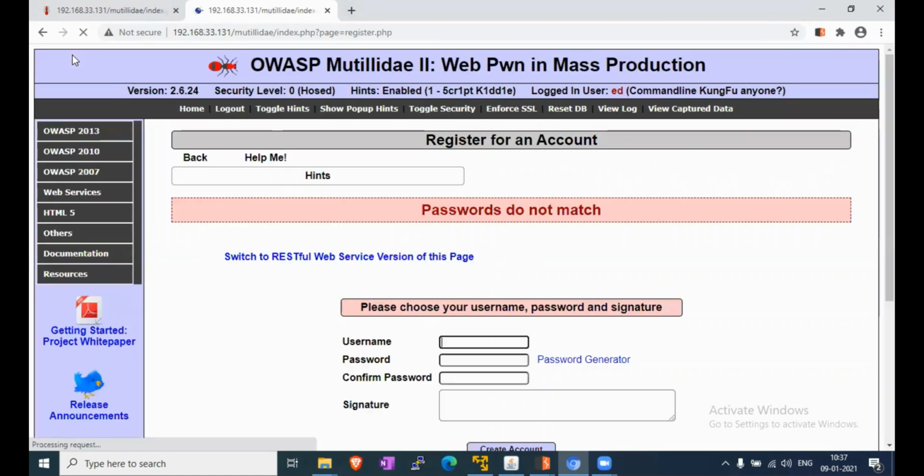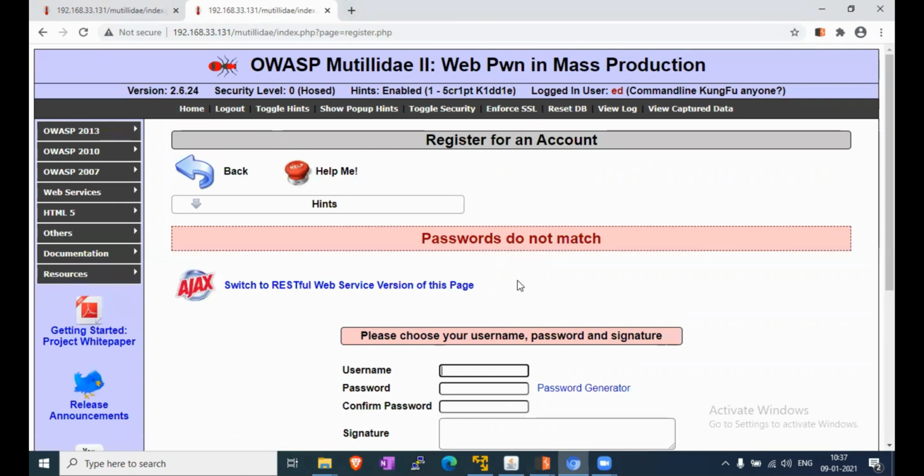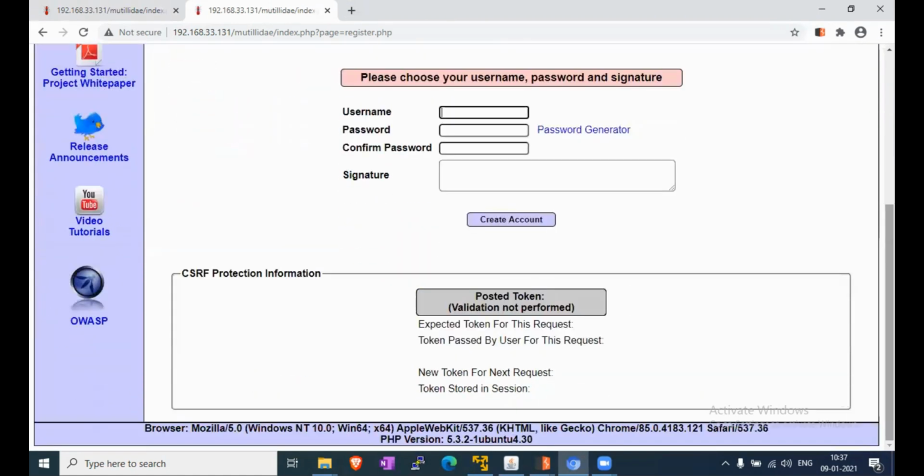Okay. Now we are sending that CSRF HTML. We are opening this CSRF HTML page using the same browser. Okay, so now clicking on submit request. Password does not match. Expect the token from this request, token passed by user from this request.